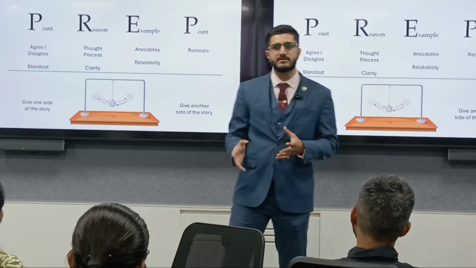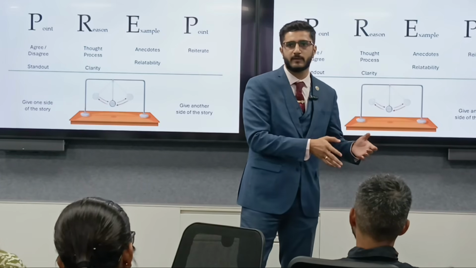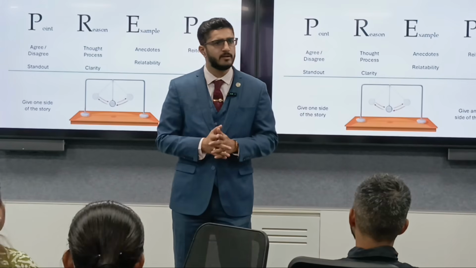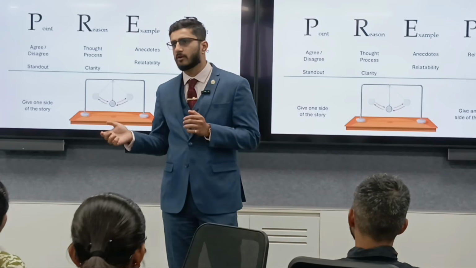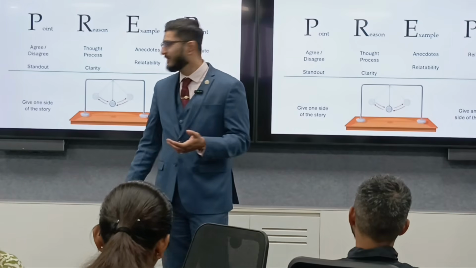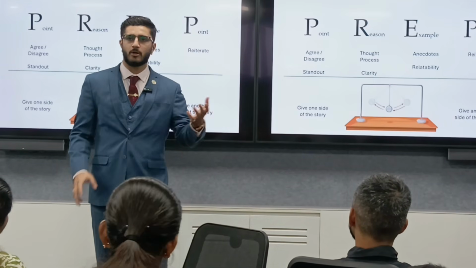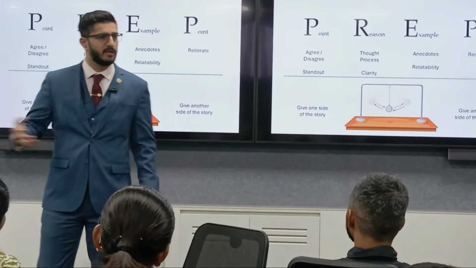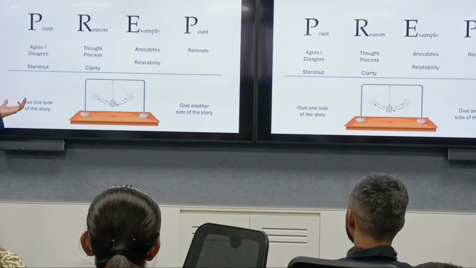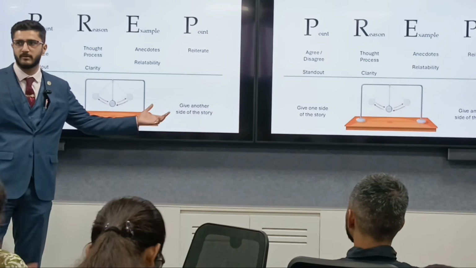This method can be used when you strongly agree with a topic or you strongly disagree with a topic. But sometimes the topic can be very generic. All that glitters is not gold. Of course, it's silver. Yeah? But here, you might agree that all that glitters is gold, or all that glitters is not gold. In such a situation, 1 minute you can spend on one side of the story, next minute you can spend on the other side of the story.